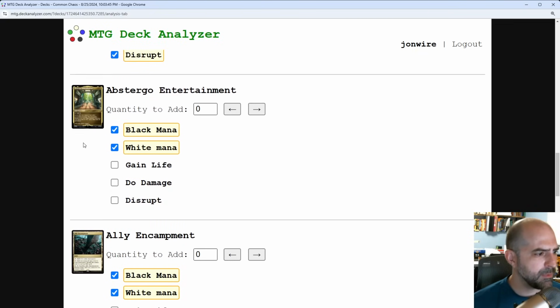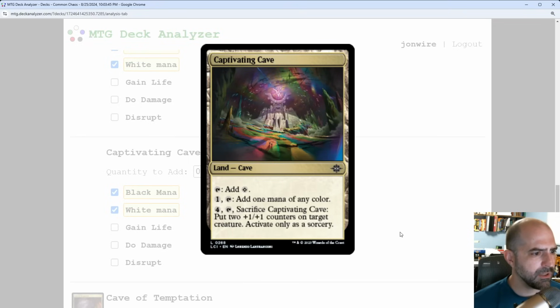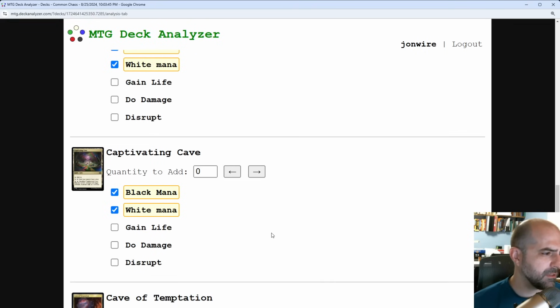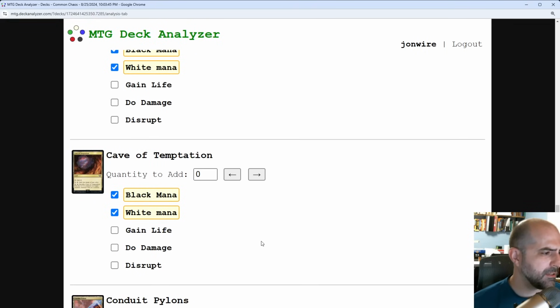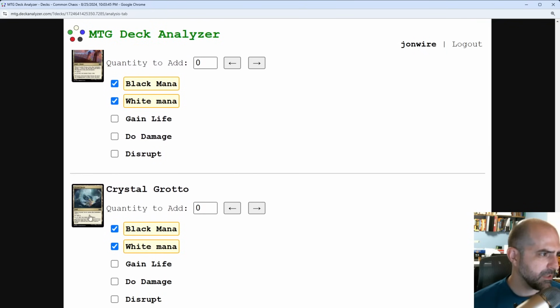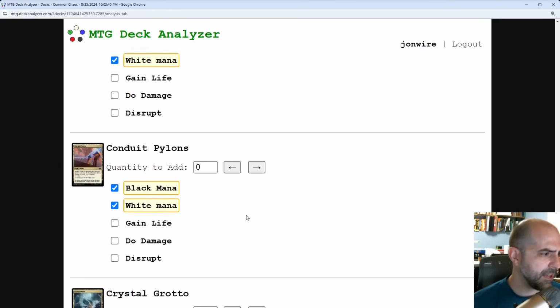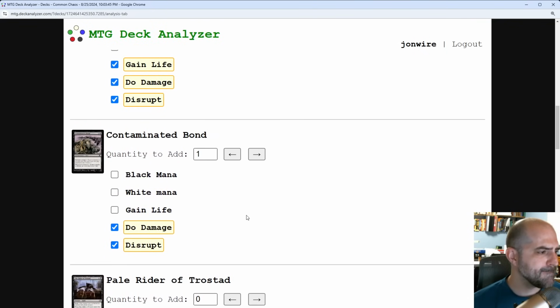Let's see, that's not a common, not a common, not a common. Here we go. Add mana of any color. I like that. Put counters on creatures. So it gets the mana. I might like that either way. What is this? Okay, so it's finding some stuff. I don't know. Point is,